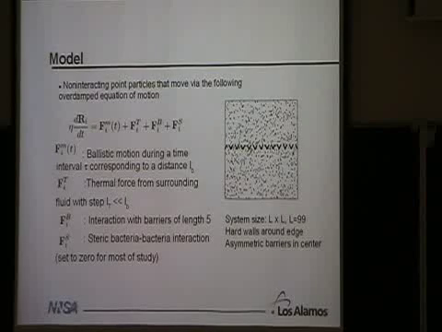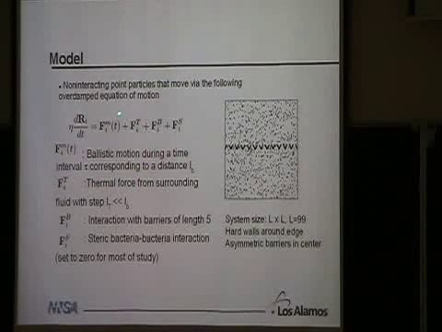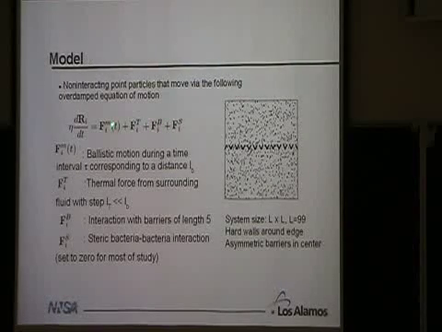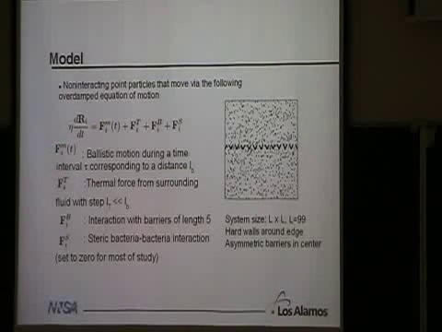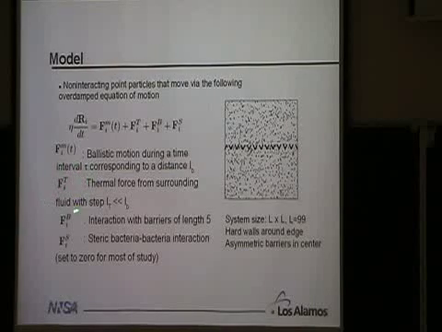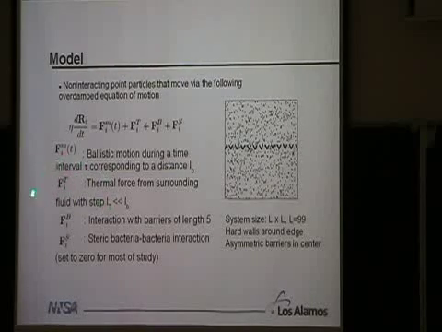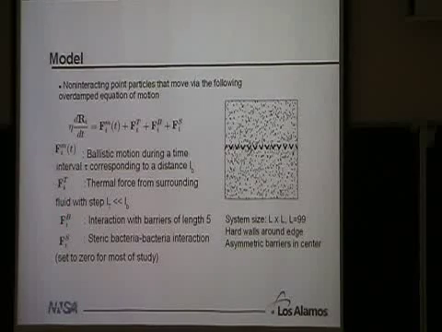So here was our simple model. It should look familiar to you now. Overdamped particles, which have, in our case, we're going to turn off the interaction between particles. We just have non-interacting particles. They swim. So we just have the particles move in a fixed direction for a certain amount of time. They change their mind and move in a new random direction. And we'll set how long that time is that they swim. We turn on the thermal force, and then they interact with these barriers.